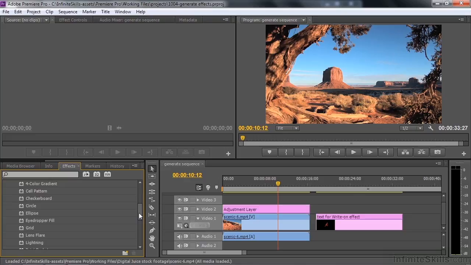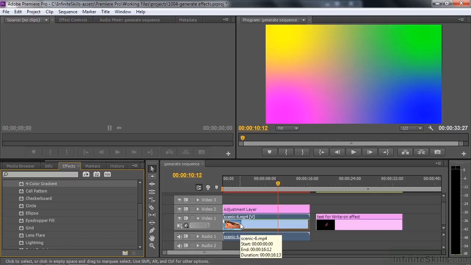The Generate effects generally appear to destroy whatever you put them on. I'm going to drag the 4-color gradient down to this clip here and let's see what happens. Boom. Now, is that what you want to happen? Do you want to take that lovely clip and turn it into 4 colors? Probably not. You probably want to somehow have these things work together, have the 4-color gradient work with the clip